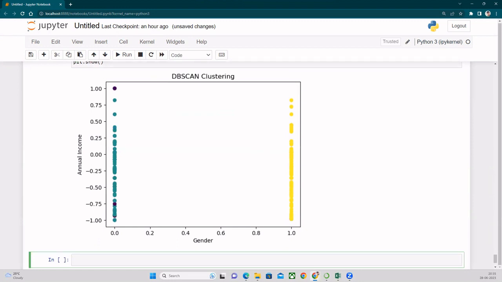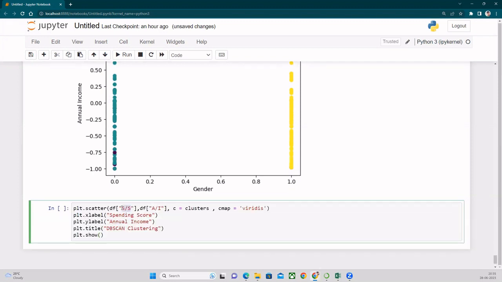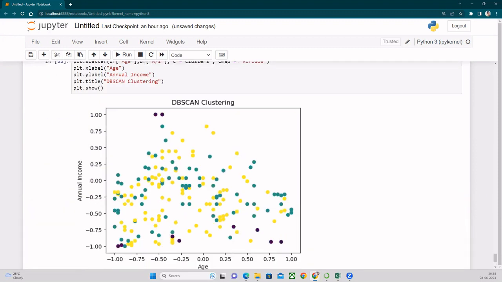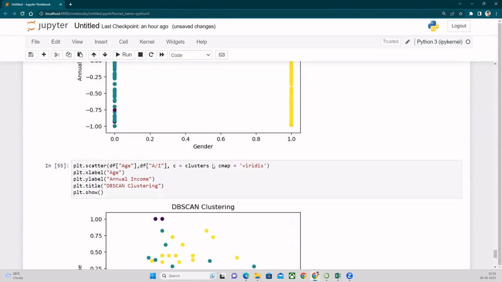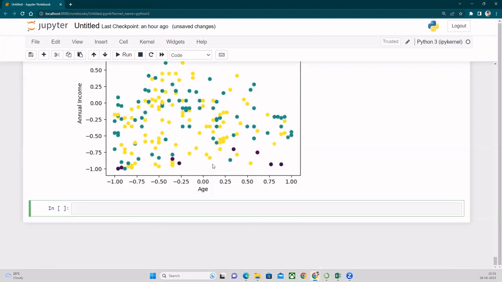Now which one is remaining? Annual income with age. So we have plotted this too. So we have plotted all the columns in the clustering of DBSCAN. Now moving on to